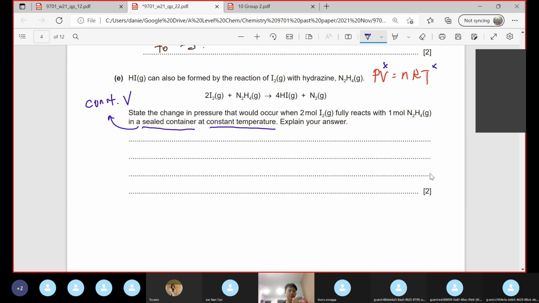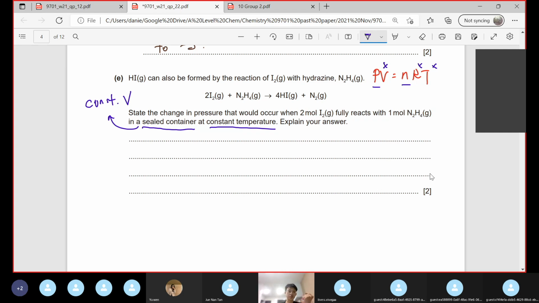So from here, what can you see? R is definitely constant, right? R is the gas constant, so it is definitely not going to change. So what happened here is we can see the relationship between pressure and the number of mole of gases. Okay, it must be gases. That's why you can see all the species here are in gas state. So number of mole of the gases